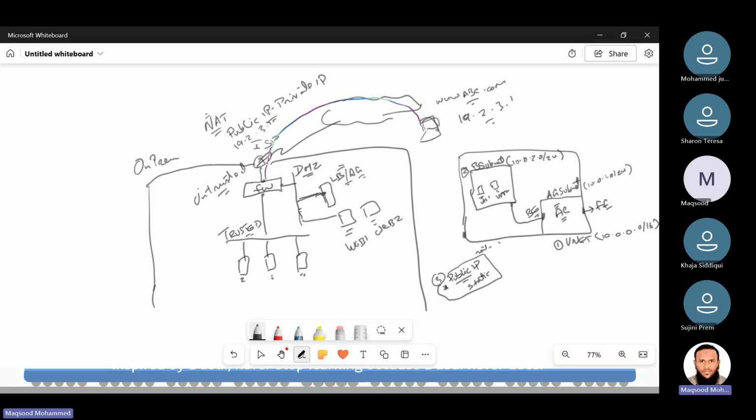So this should be added to the load balancer. Let's say I have a private IP assigned to it, 192.168.1.10. So you will have NATing done on the firewall saying that this public IP should be NATed to this IP address. The traffic will land on the firewall, the firewall will do the NATing, and it will reach your LB. Now the load balancer knows that it has a backend pool configured, so it can send the traffic to one of these servers,